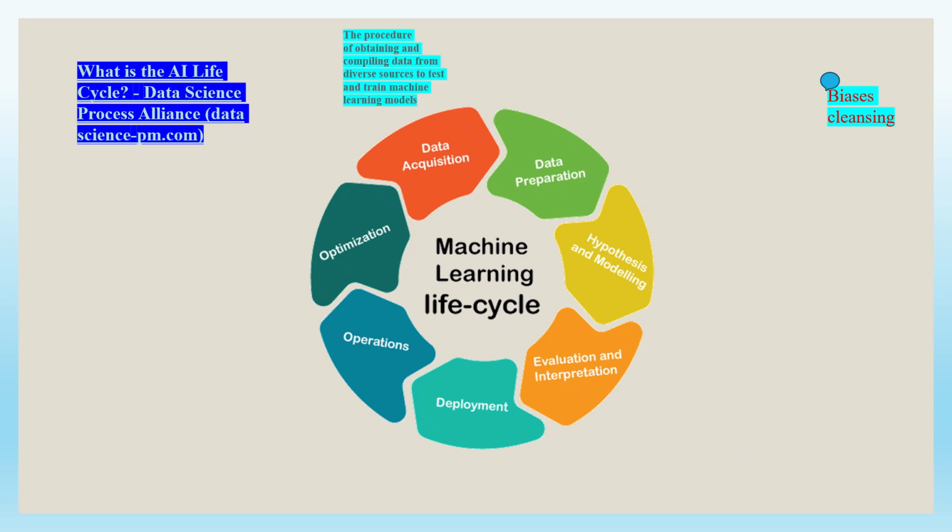Okay. After that, evaluation and interpretation. So once the model has been trained, it must be evaluated to see how well it performs. So it will test the model on unseen data, data that it did not see before, analyzing its predictions. So if the model's performance is not satisfactory, it will be refined and tweaked, and that means it will go back, adjusting the model's parameters, changing the model's architecture, or even returning to the first phase, which is data acquisition.